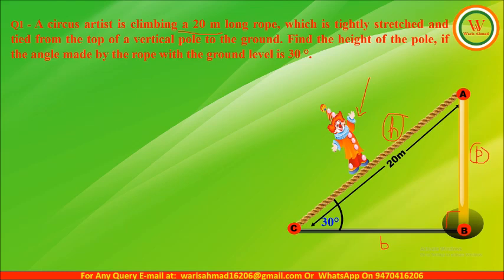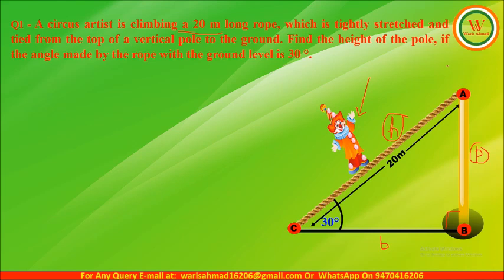In sine theta and cosec theta, we can have the ratio of P and H both. Sine theta is equal to P by H, while cosec theta is equal to H upon P. So we can solve this question by taking either sine theta or cosec theta. Why are we taking either sine theta or cosec theta? Because the measurement of H is given and we have to find out the measurement of P. So the T ratio which has P and H both is either sine theta or cosec theta.